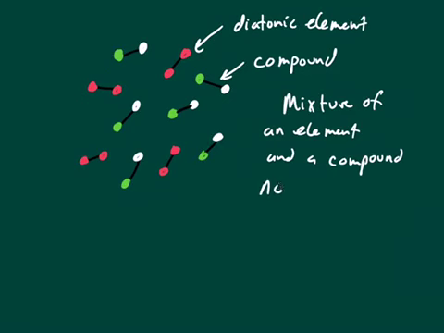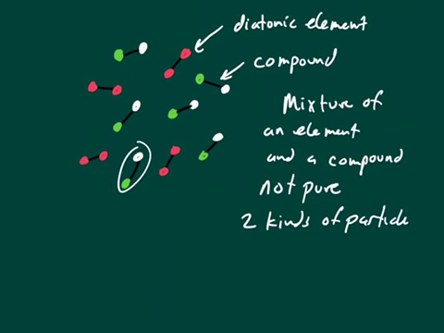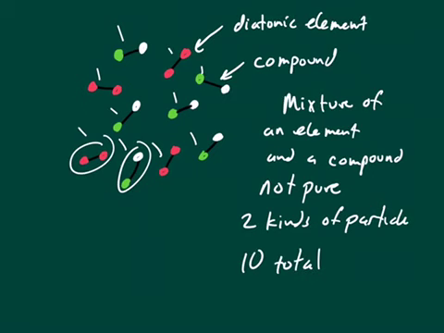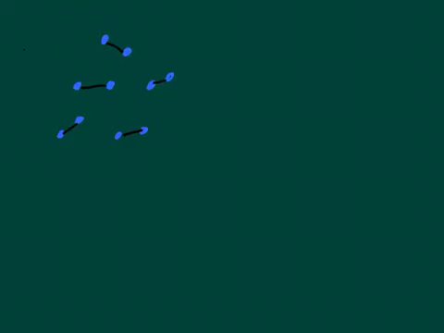So this is not pure because you have two kinds of particle. We've got this particle, that kind of particle, and that kind of particle. So we have two different substances in this mixture. And if we want to know how many particles we have, 1, 2, 3, 4, 5, 6, 7, 8, 9, 10. There are 10 total particles, but two kinds of particle. Moving on,